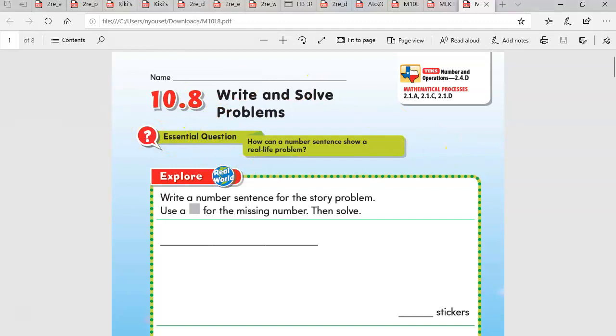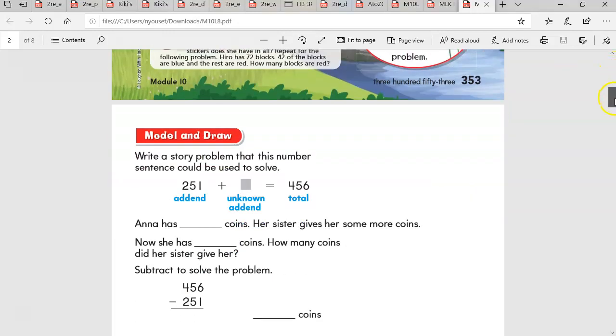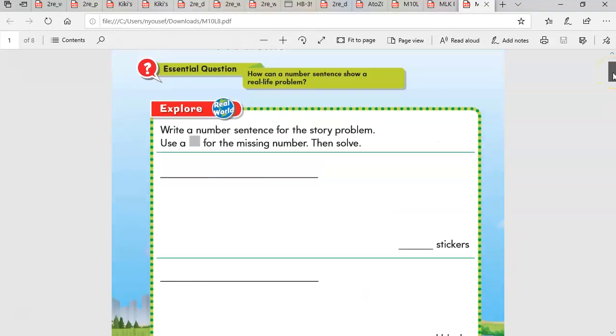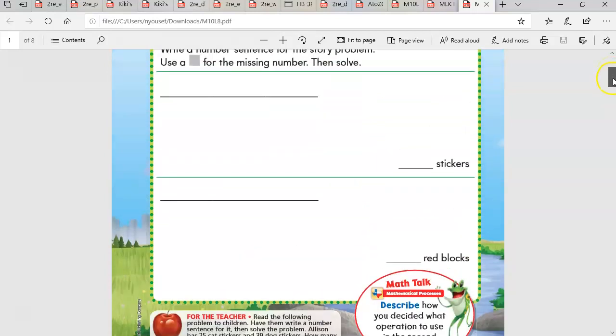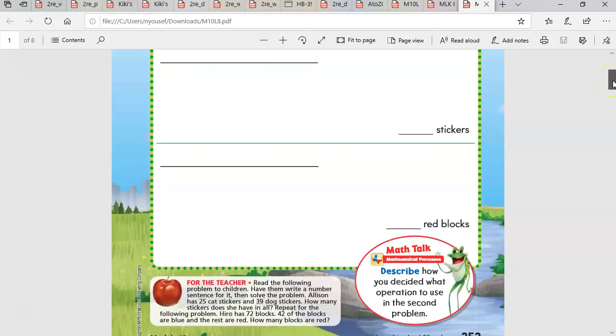Yesterday, or on Monday, or on Friday, sorry, we were focusing more on solving multi-step word problems. Today we're writing multi-step word problems. So let's see the problem that they give us today. Let's read it. It says,